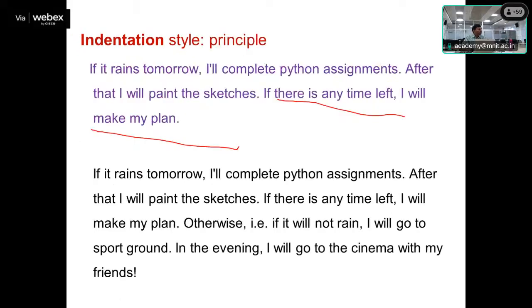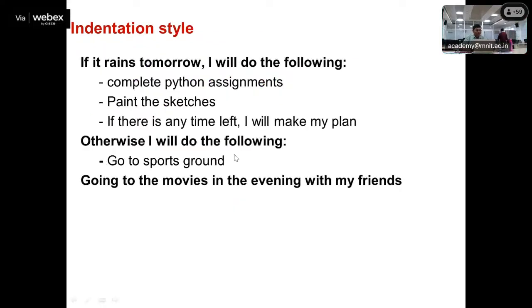But if you write this with indentation in this format, it can be written that if it rains tomorrow, I will do the following: I will complete the assignment, I will paint the sketches. If there is some time left, I will make my plan. Otherwise, I will go to the sports ground and I will go to the movie in the evening with my friends. So now you can observe that it is clear from this indented style of writing